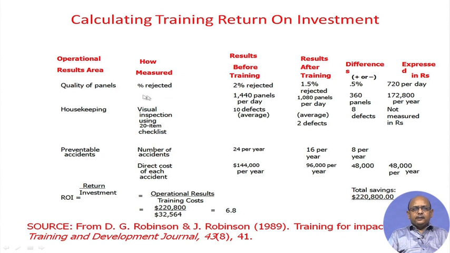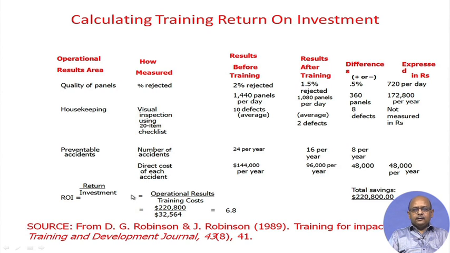So, how are the benefits measured? See, quality of panels, how much rejection is there. 2% rejected, now after training 1.5% is rejected, it means there is an improvement of 5%, and if you are going to express it in rupees, how much change is there. So, for all activities, see these are the 4 criteria, operational results criteria that have been calculated. Now, if you look at this, they have calculated the cost and they have also calculated the benefits. So, how much savings they have made because of changes or improvement in quality, housekeeping,